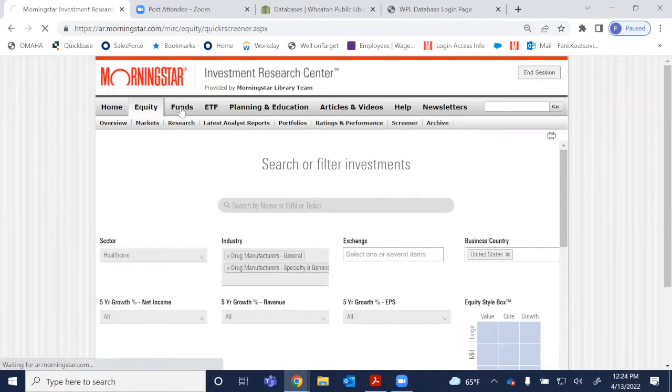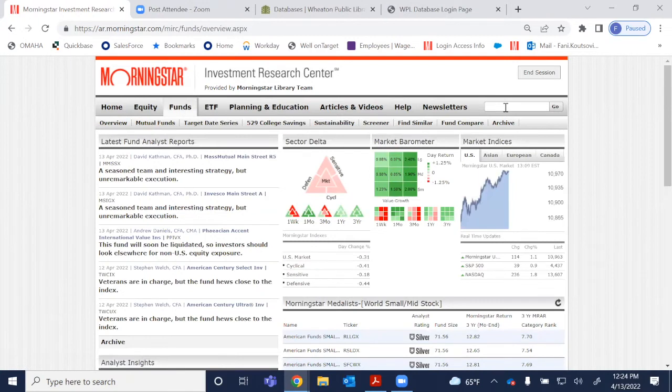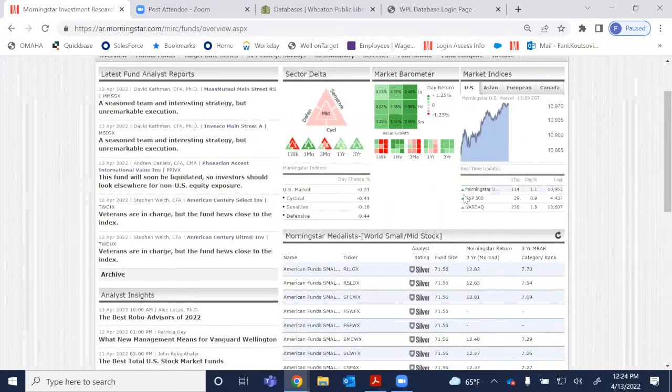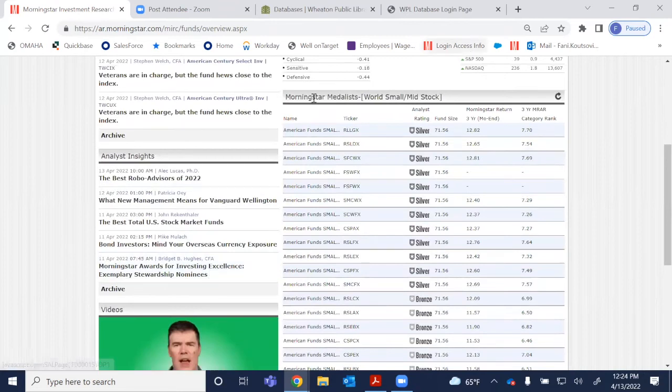For mutual funds, similar to stocks, if there's a fund you wanted to review, you can go straight to the search box, type in the name or ticker symbol to pull up the page for that fund. Under the funds tab, we have a lot of data and research available in the individual tabs. So the overview page is going to pull in some of the latest fund analyst reports. It gives you a quick view of the market, additional analyst insights, and then a quick view of different